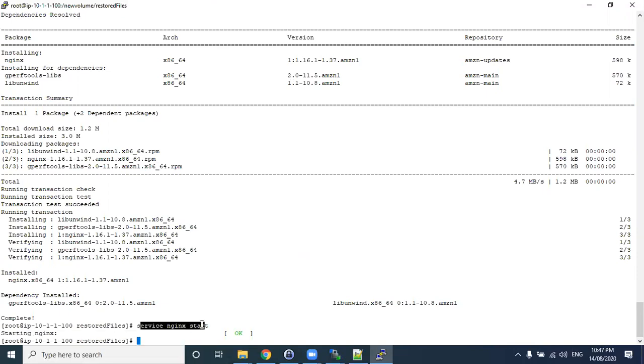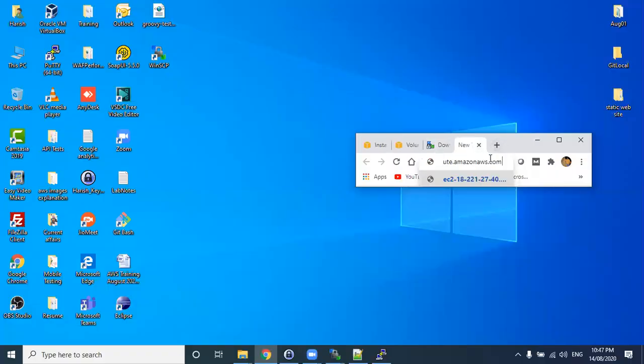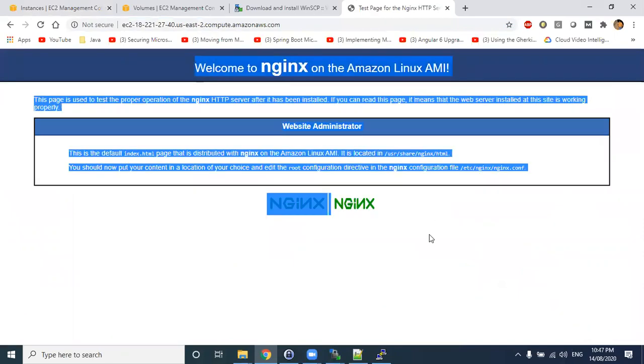So now I have installed the Nginx server and I have started the service. Now you can see here, using this public IP address, you can see your server homepage. Okay, your server homepage is there, right?